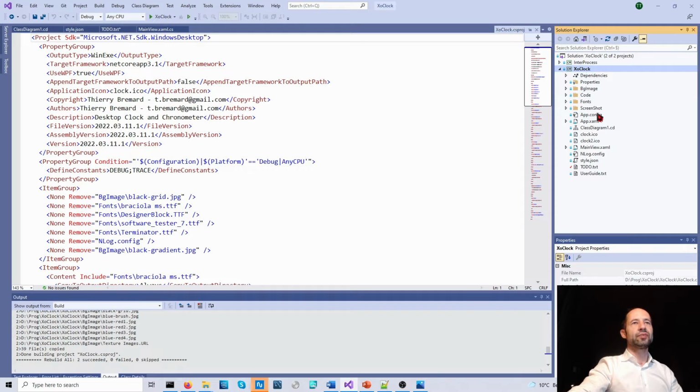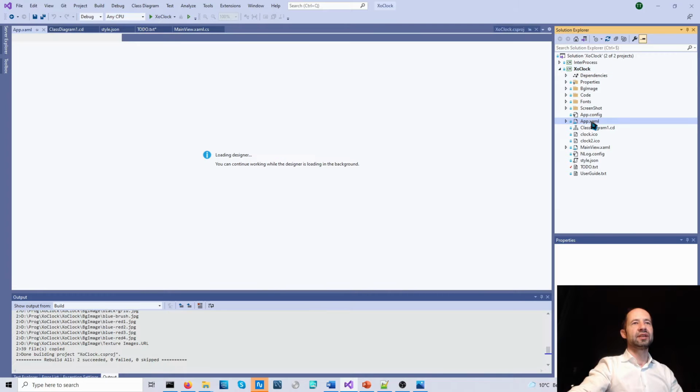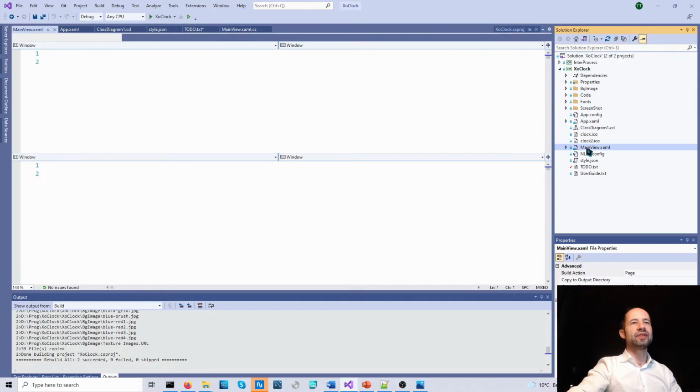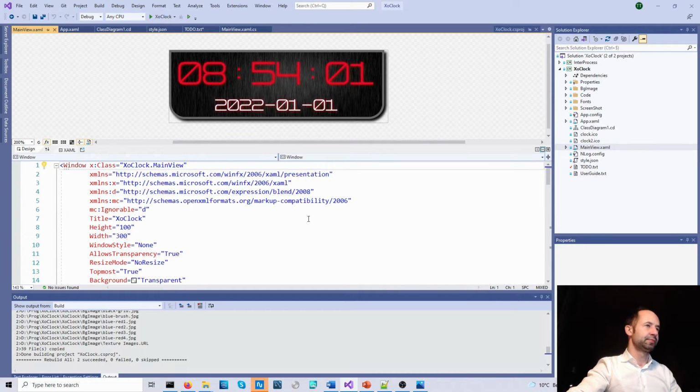And the startup file of this desktop app is the app.xaml file. The app.xaml file says that we should load the window with the content of the main view XAML. And the main view XAML is here.